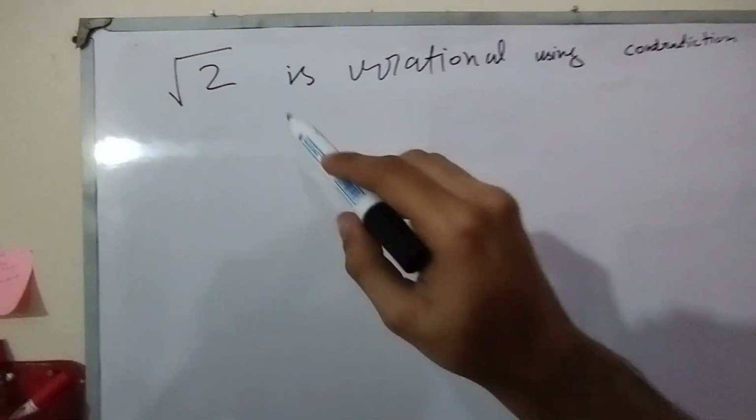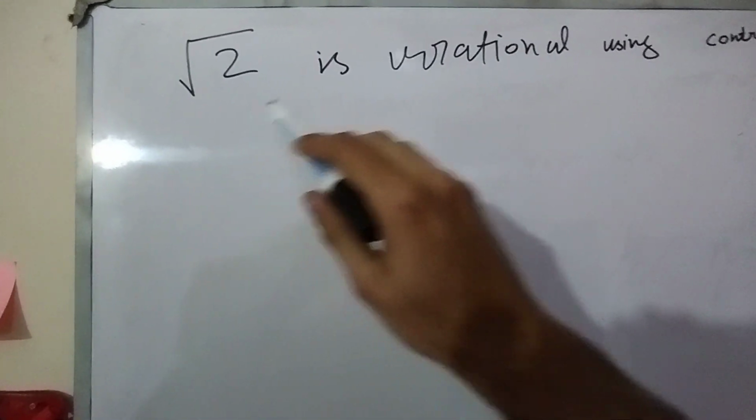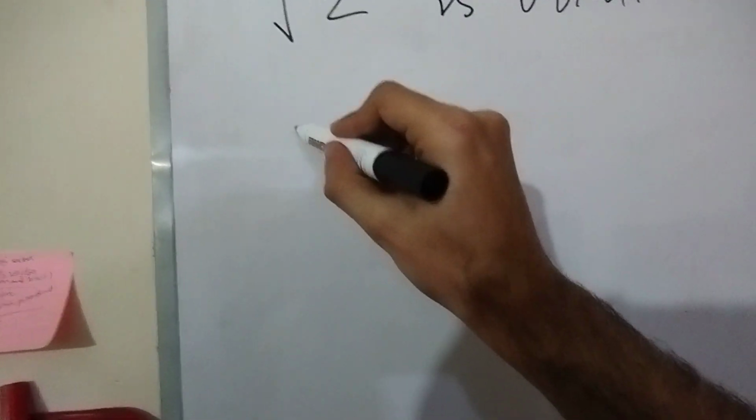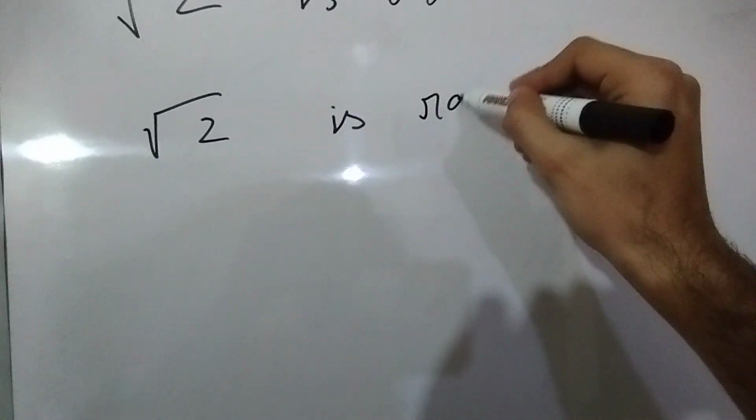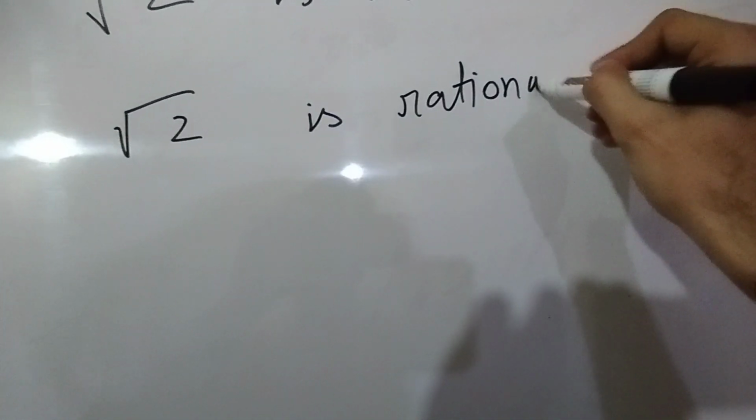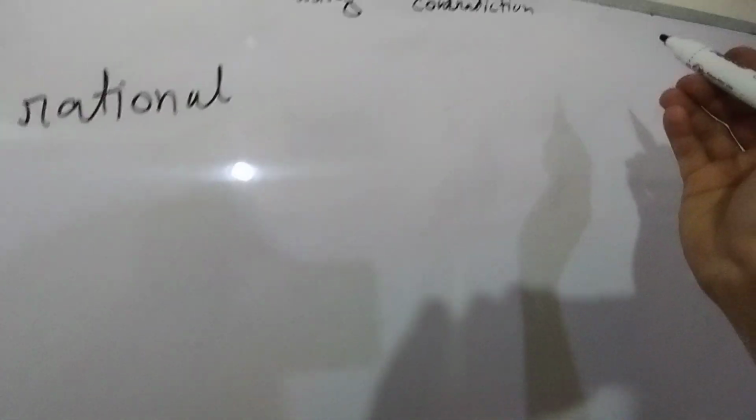Hello everyone, so today we are going to prove that square root of 2 is irrational using the contradiction method. To start out, first we are going to assume that square root of 2 is rational. We are only going to assume this so that we can disprove it and then prove it using the contradiction